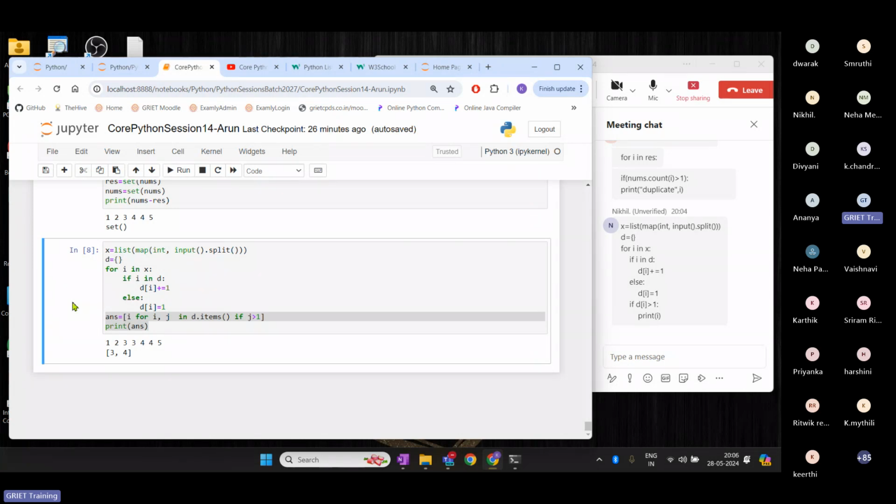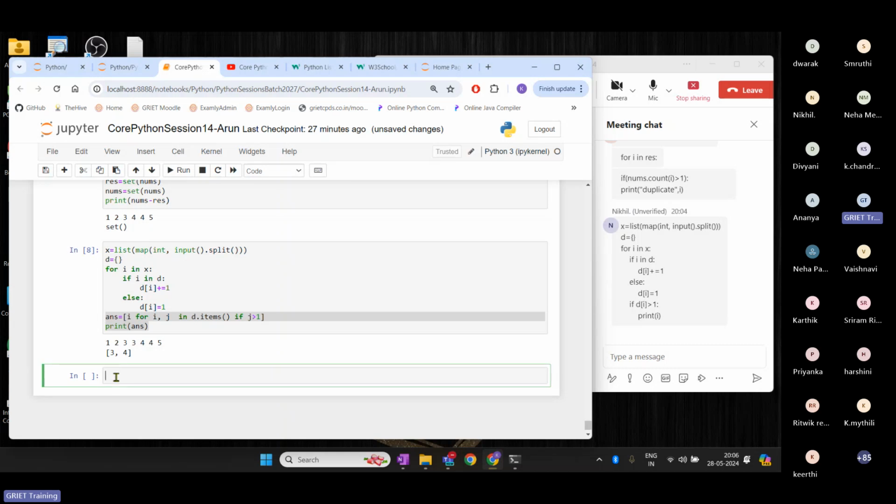I will give one more question to you guys. Try to do that. Find all the duplicate elements in the array. That is the next question. I think this code is already working with that approach using a dictionary, but I don't want you guys to use the dictionary. That is my suggestion right now. My next question for you guys is to find all the duplicates in the array without using a dictionary,